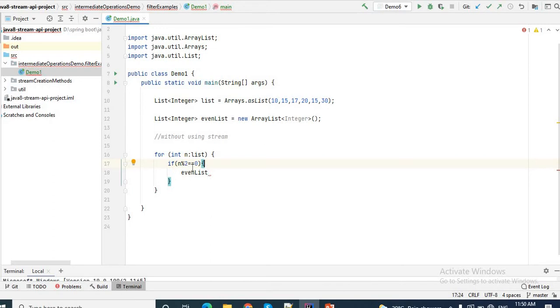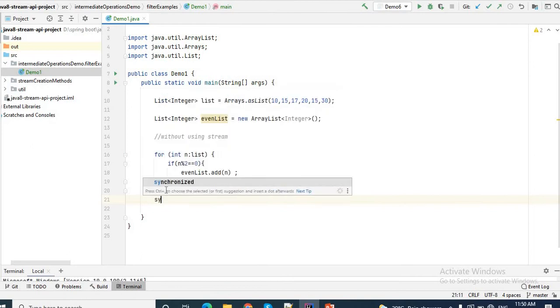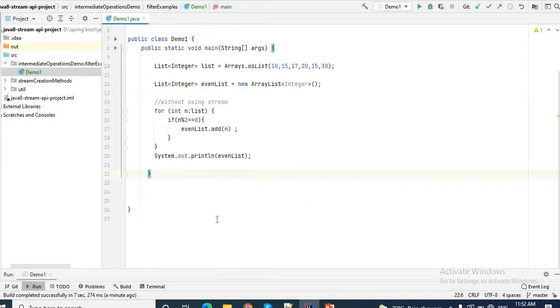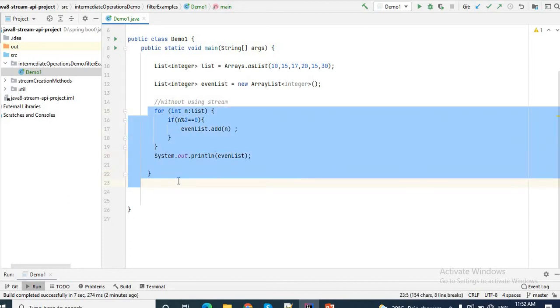I'll write evenList.add(n). Then I'll print evenList using System.out. Let me quickly run this. The result list, evenList, contains 10, 20 and 30. So this is how we can get all the even numbers from this list without using stream.